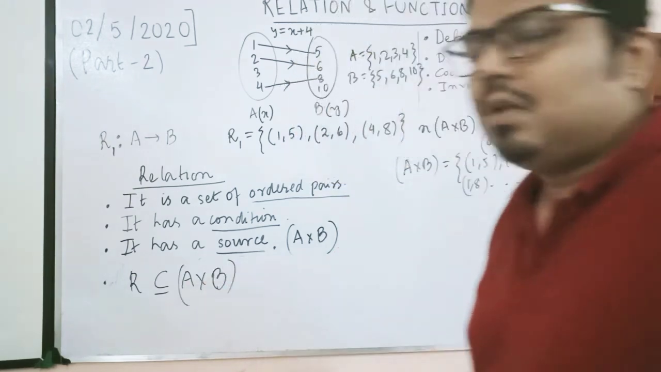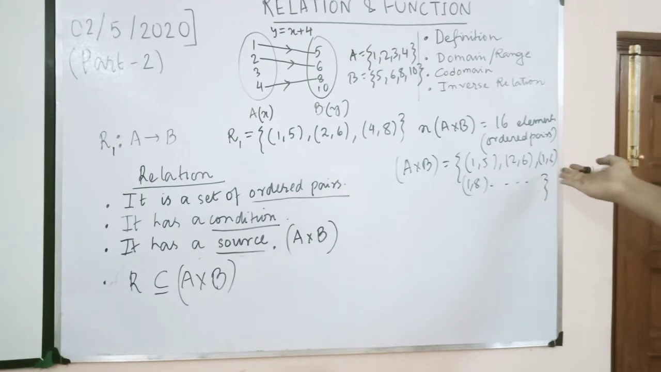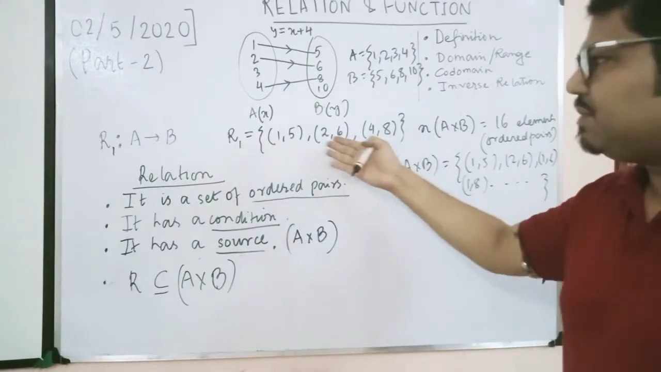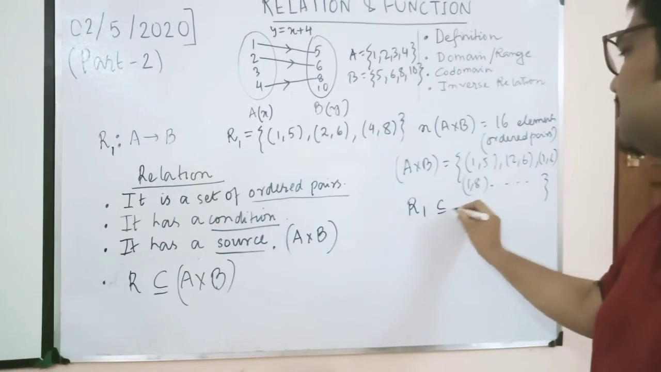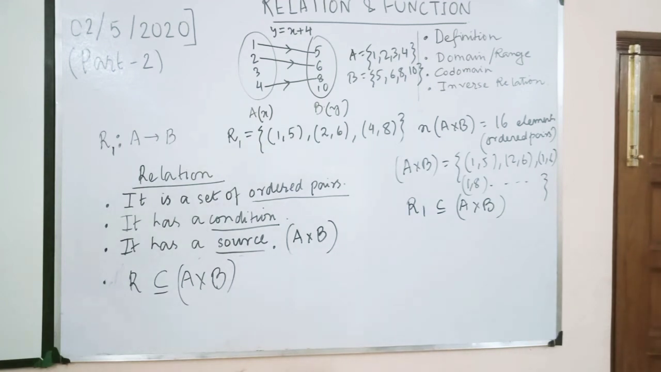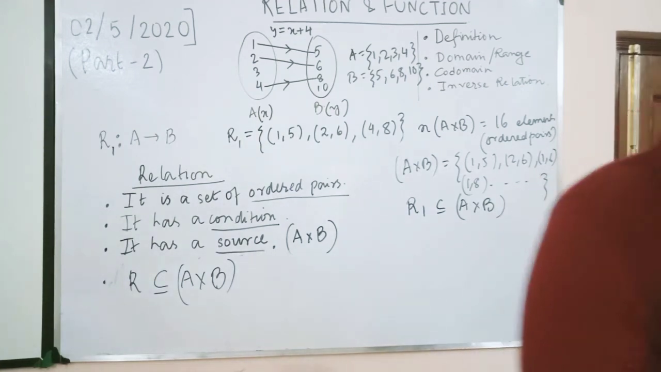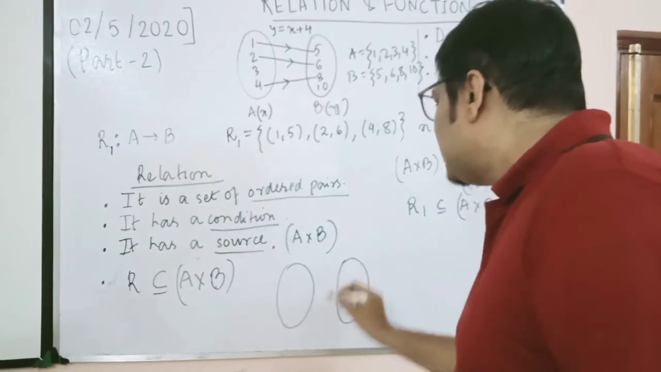Why so? Because you are getting a few elements or few ordered pairs from here, putting them, writing them as R1. So R1 must be what? R1 must be a subset of A cross B. Okay. Now, if we try to write another relation, there is a little space, I'll write it over here. If we try to write another relation, say something like